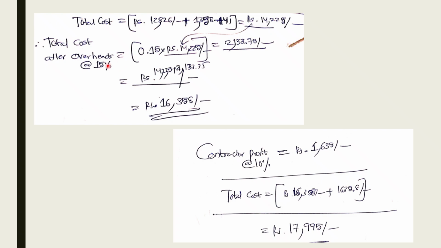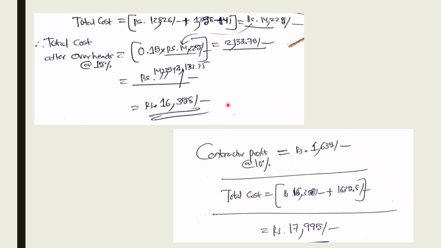In the previous slide, we talked about sundries, 3% of sundries. In sundries, consider transportation charges or water charges etc. And these overhead charges are for food and any other equipment etc. Consider 15%. So 0.15 into total cost, we get 2133 rupees. And add these overhead charges with the total cost. We get overall